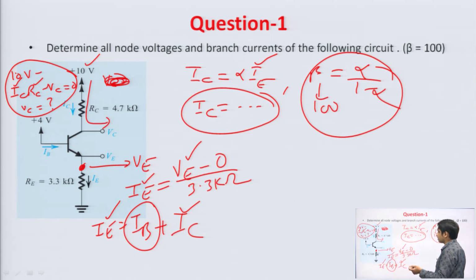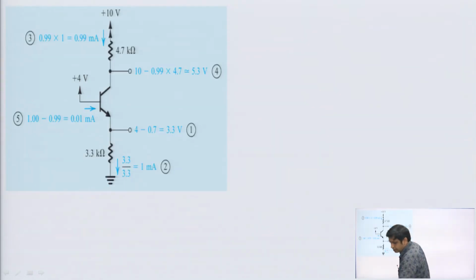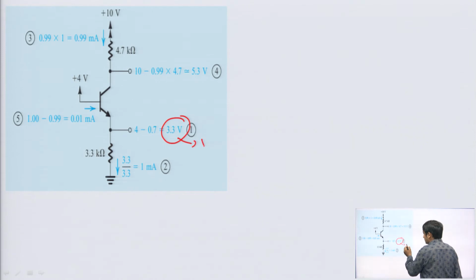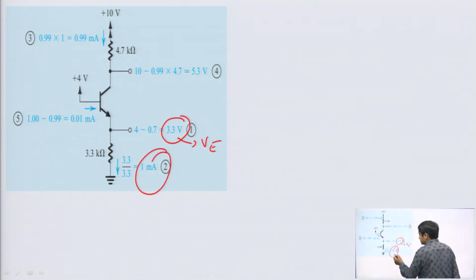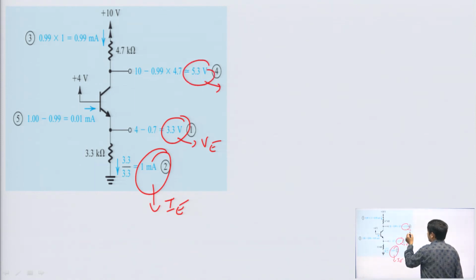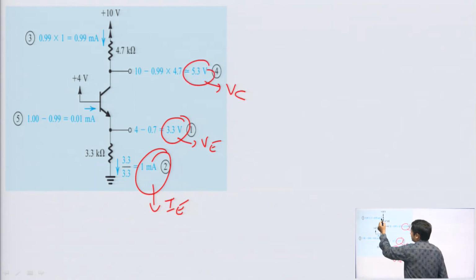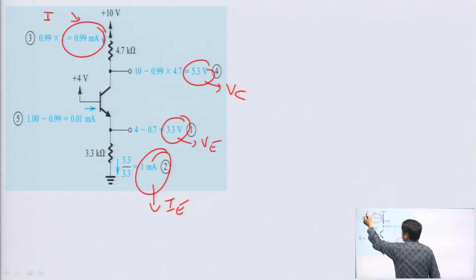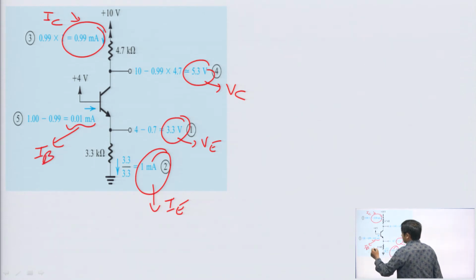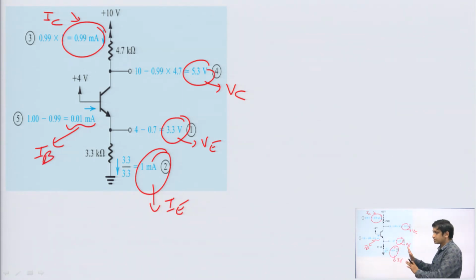From there we can also calculate it. You can see that after calculation the results are: the emitter voltage is 0.3 volt, the emitter current is 1 milliampere, collector voltage is 5.3 volt, collector current is 0.99 milliampere, and your base current is 0.01 milliampere. Now, you can see that your base emitter junction is forward bias because VB is 0.7 volt, fine,